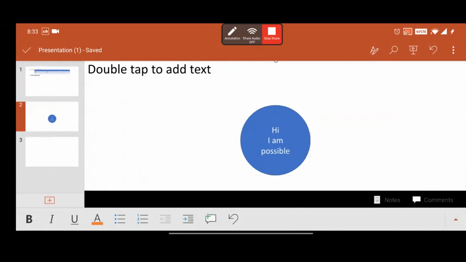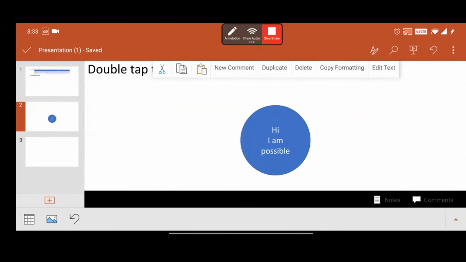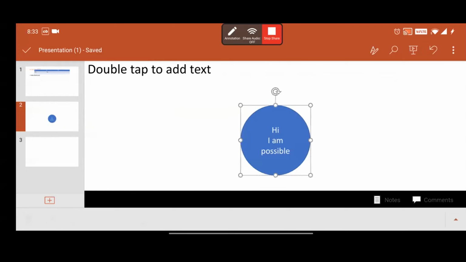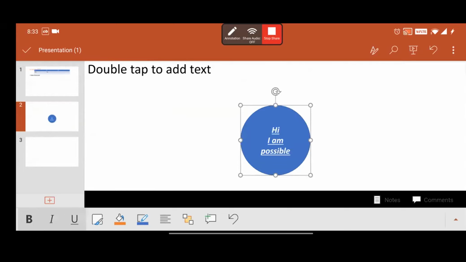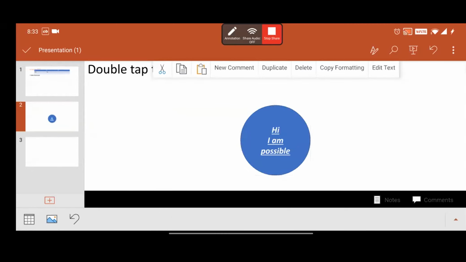So in this way, we can write inside a circle. And when we select this, see, we are getting options for bold, italic, underline.